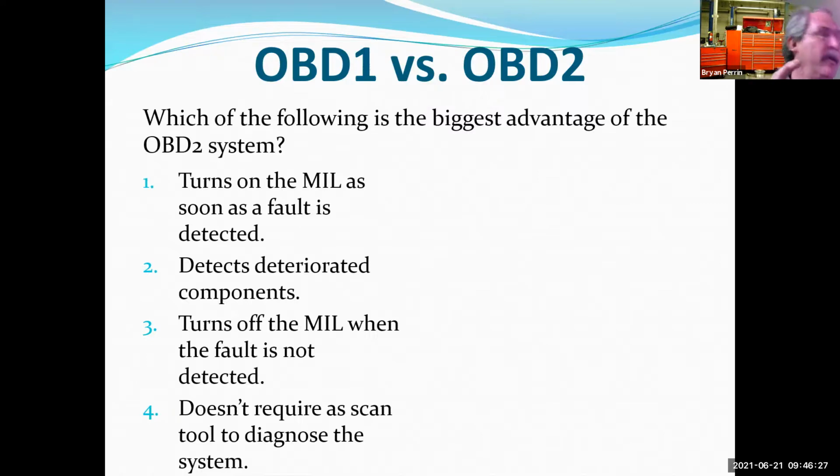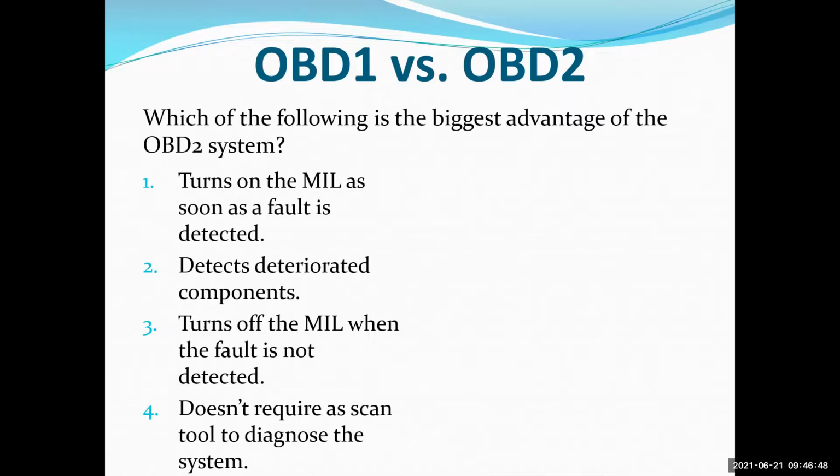Depending on the generation of the vehicle and the code, that might be 33.4%, it might be 24.9%, or it might be 0.99%. But if it is misfiring over that threshold, that's what sets the misfire code. We're not waiting until it misfires every time. We're waiting until it misfires enough